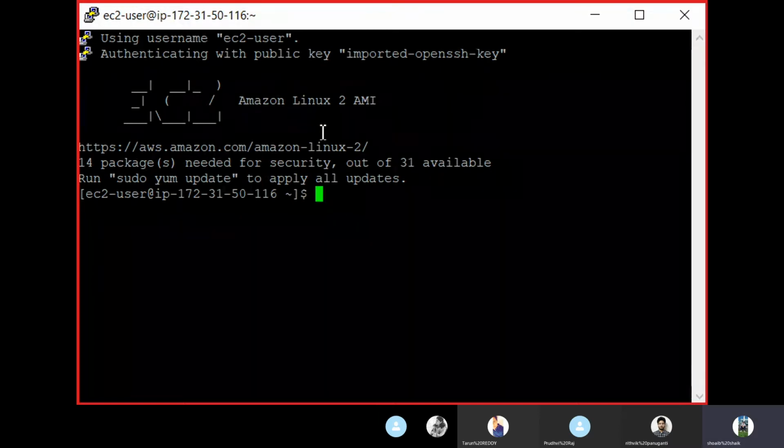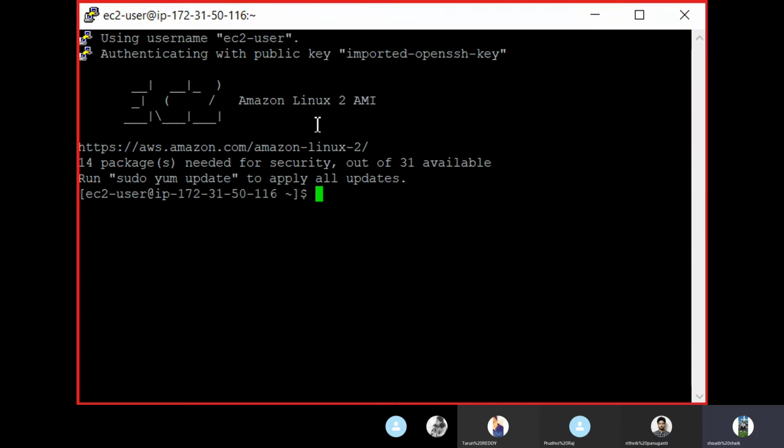So now we are connected to our EC2 instance that we created in the Amazon console. So this is how we launch and connect to the EC2 instance. Here we chose our AMI as Linux, and for updating with new packages, we have to type sudo yum update.